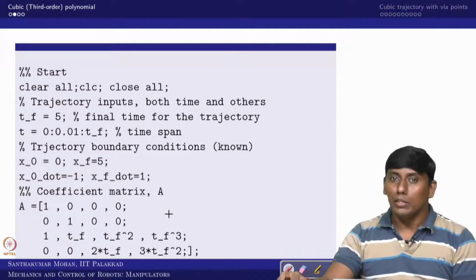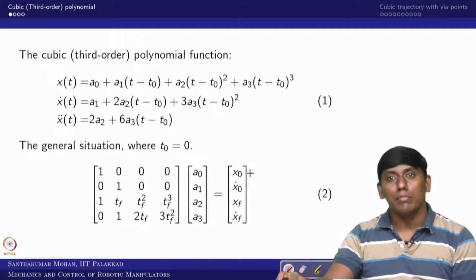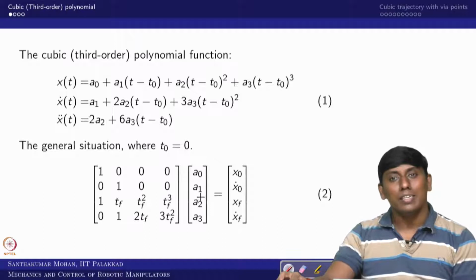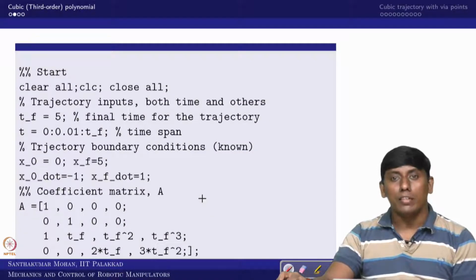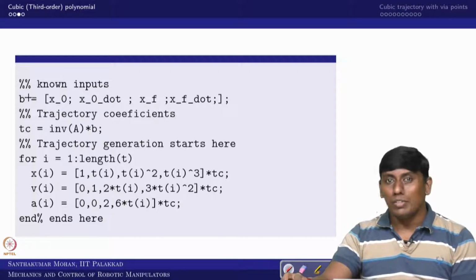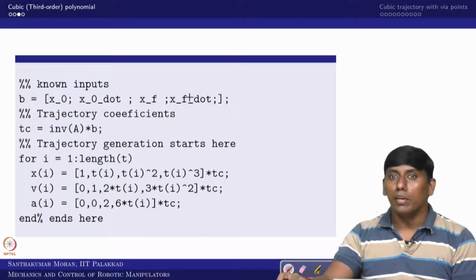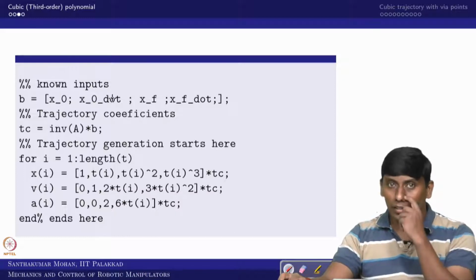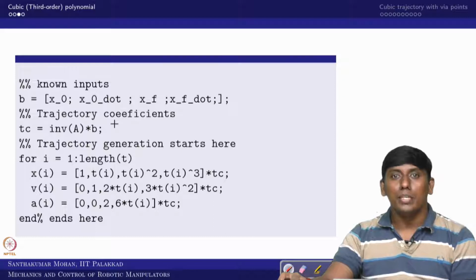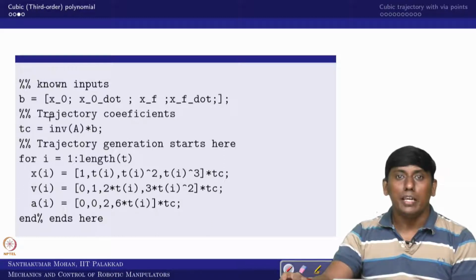Now what else do we need to talk about? The known values I will write as a b vector, and the unknowns I am going to call the tc vector, that is, the trajectory coefficient vector. The b vector is the known input, which is the initial position, initial velocity, final position and final velocity, written in the standard syntax. After that the trajectory coefficient can be found. There is an f missing here; this is co f, it should be a double f. Anyhow, it is only a comment, so it's not a problem. Then the trajectory coefficient can be taken in this form.